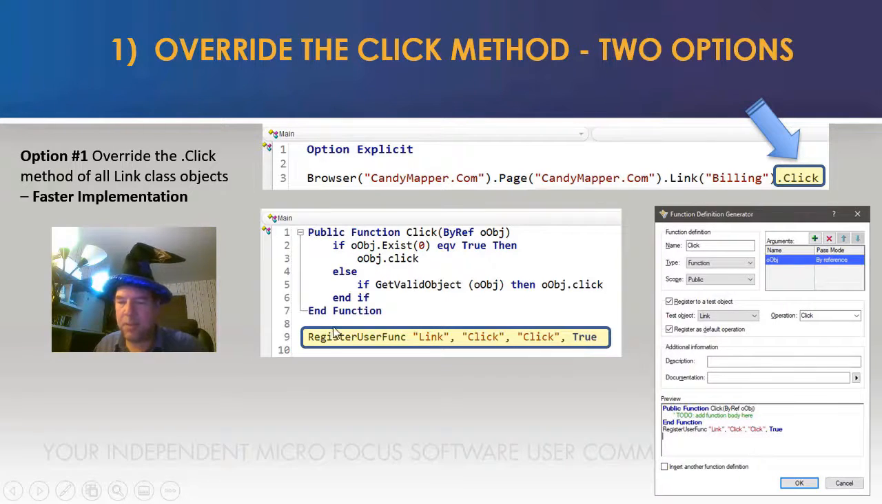Now, you might say, Paul, I don't know how the register user function works. This is all new to me. How do I write that code? How would I even possibly know where to start? Oh, the cool thing is that